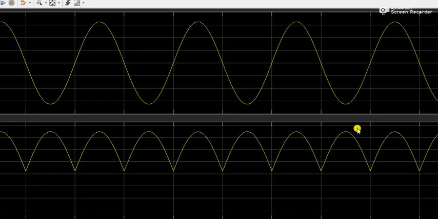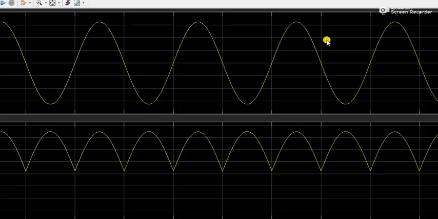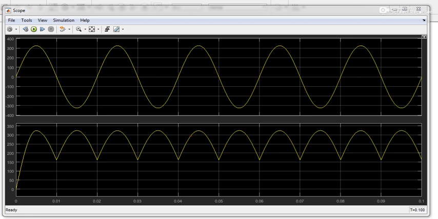You can see I have given the time of 0.1 second. For a 50 hertz supply, the cycle is 20 milliseconds. So if I give 0.1 seconds, that means we have 5 cycles. See here, cycle 1 starts here and completes over here. This is the second cycle, this is the third cycle, this is the fourth cycle, and the fifth cycle. So in 0.1 second, the fifth cycle completes.